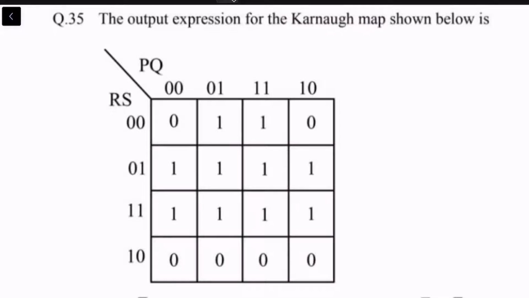So the idea is to group maximally in powers of 2 neighboring ones, right? So it's either 2 ones or 4 ones or 8 ones and so forth, and they have to be neighboring. That is, the value of PQ and RS that they represent should differ by a Hamming distance of only 1. For example, I can group these two together because this is for a PQRS of 0, 1, 0, 0,